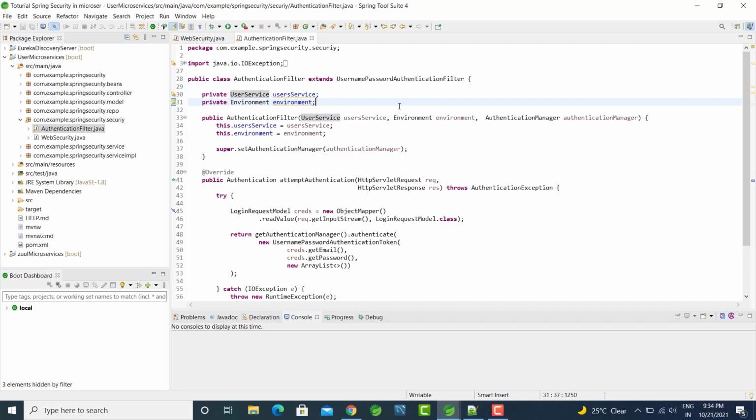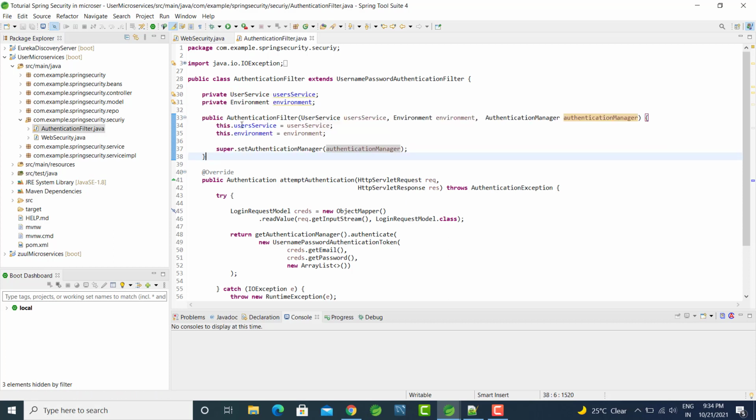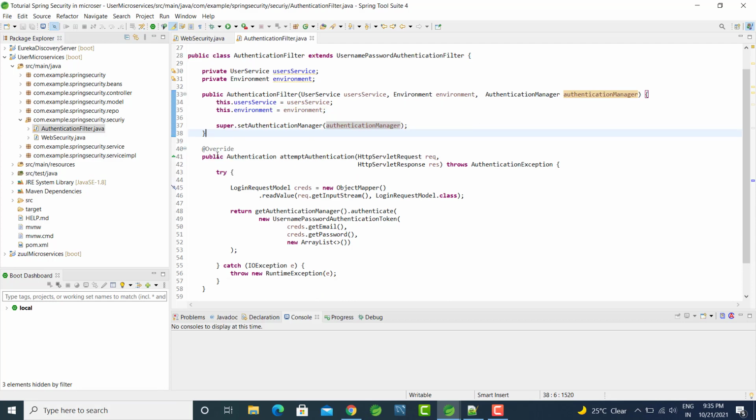Okay, and the most important thing is the authentication manager. So let's add this argument and pass this authentication manager to the super authentication manager, and we are ready with this constructor.